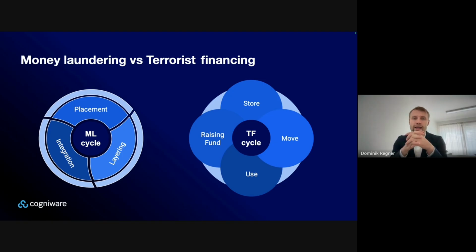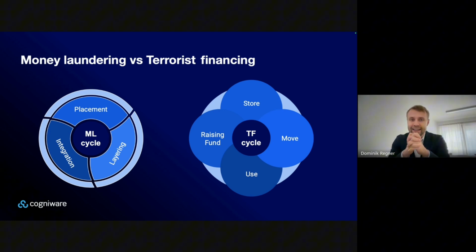First, the money is placed into the financial system, for example through banks, trade transactions, or even some kind of cash smuggling. The next phase is layering. The funds are moved multiple times, sometimes across borders, through offshore accounts and virtual assets to hide the crime origin.